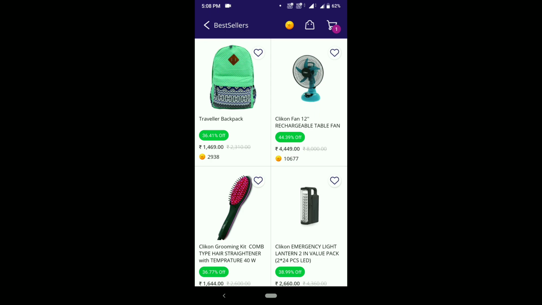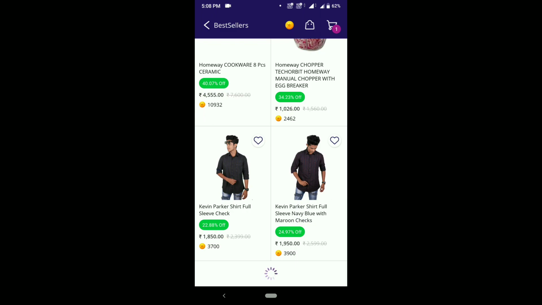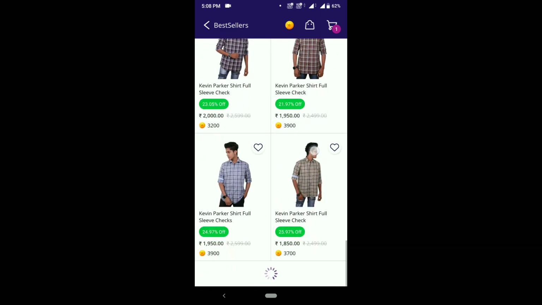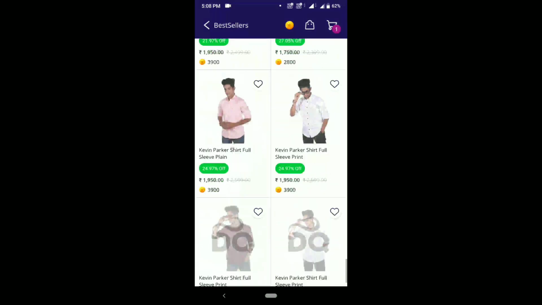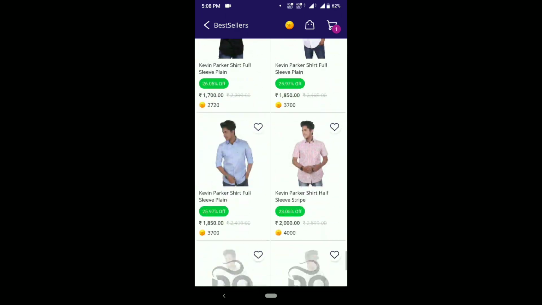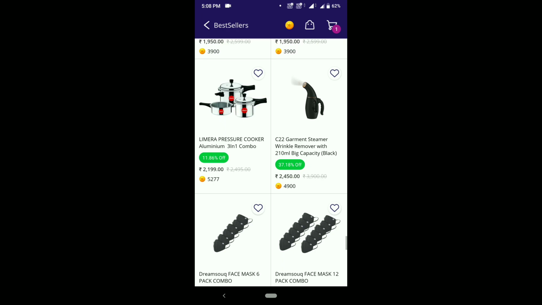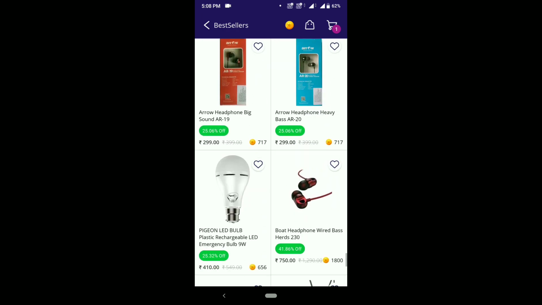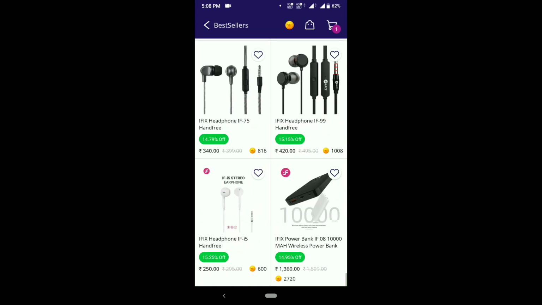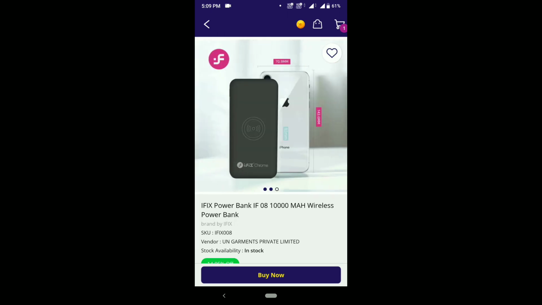As you can see here, there are a lot of products available: bag, fan, light. Dresses, clothes, all the clothes are available, brand clothes are available. Just scroll down, you can take anything, friends. In order to get them, you need to refer your friends and collect the points over here. Once you collect them, you need to use 100% of the points. As you can see, there are lots of products available: earphones, Bluetooth headset, Bluetooth earphones, and also a power bank, friends.